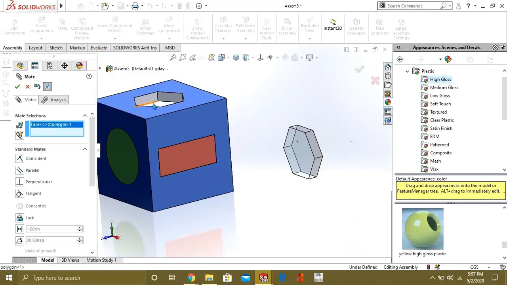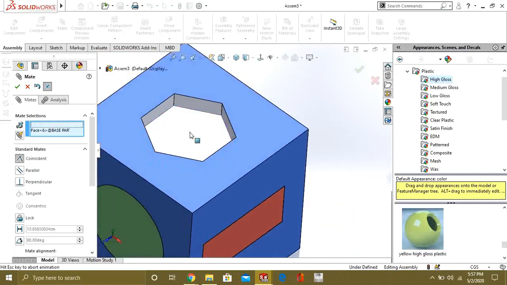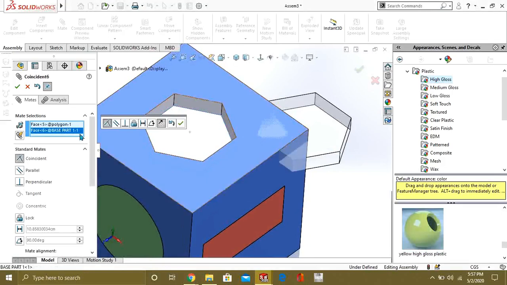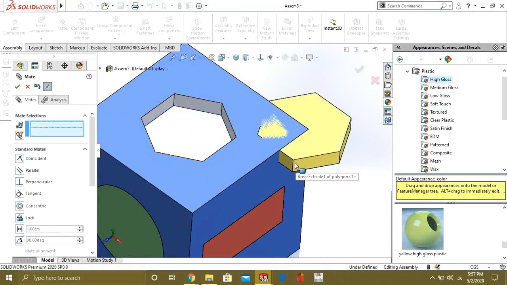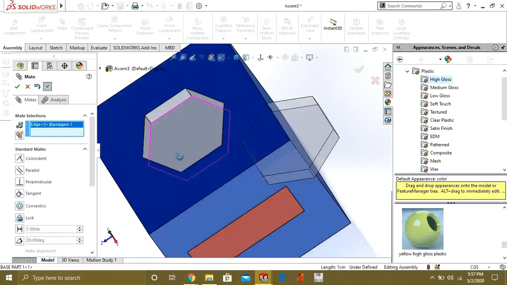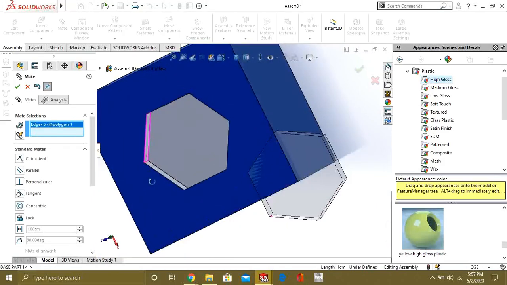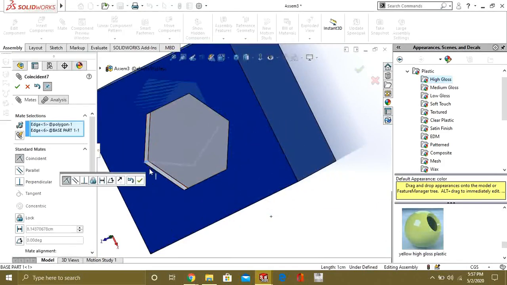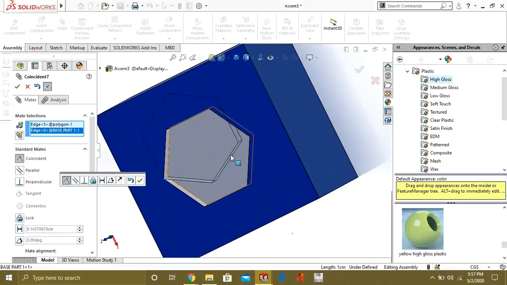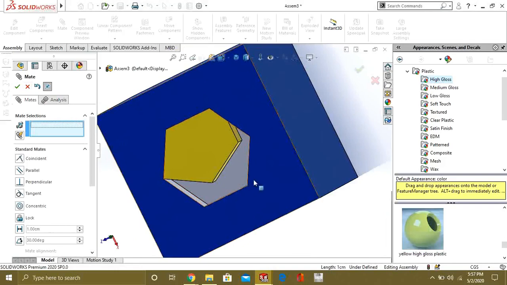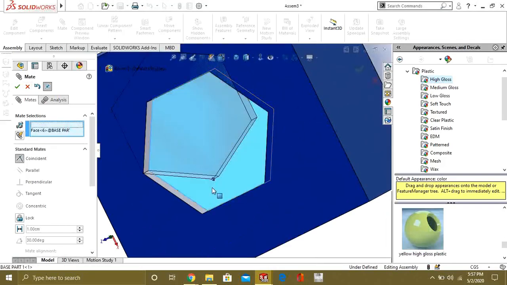Now I am going to add this polygon here. Select this, it is coincident. Select any vertex and select the second vertex here. So now you can see that it is attached. Now I will select this vertex.